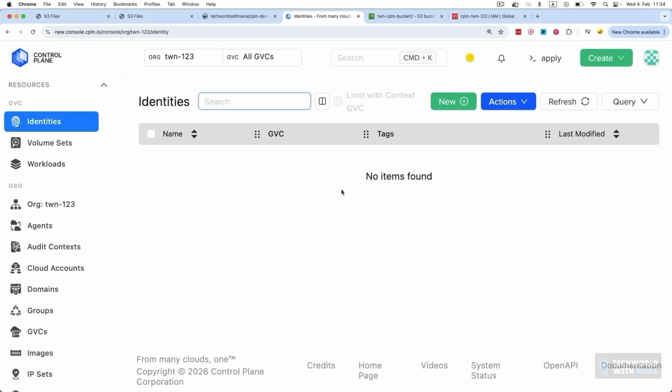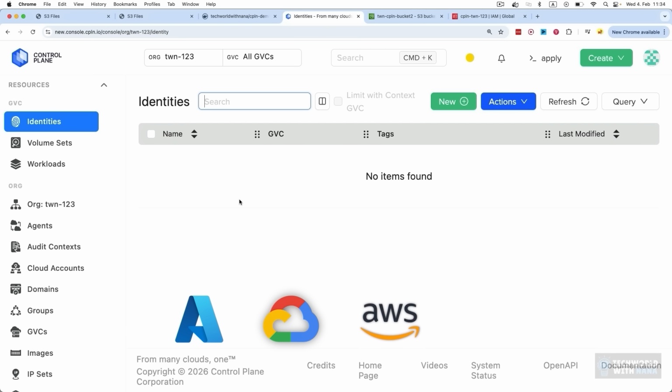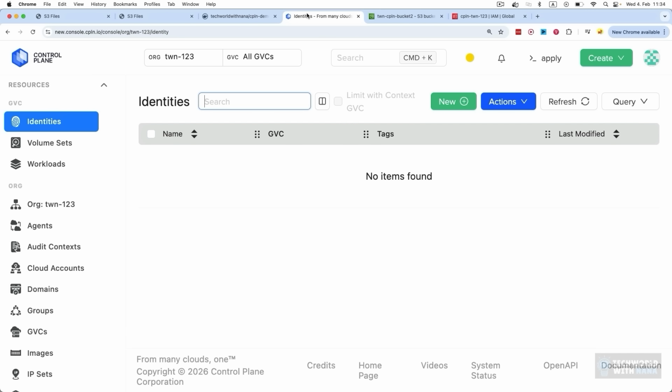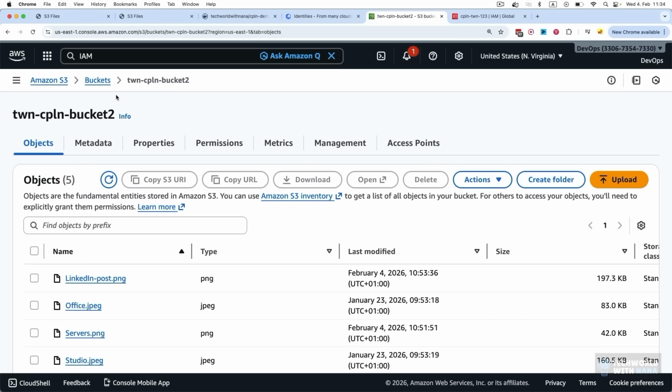And that identity is a logical entity in control plane. And regardless of whether my application runs on Azure or Google Cloud or AWS or in another AWS account, not the same one, the same identity can be used by that application to connect to my AWS account and grab the resources from its service.